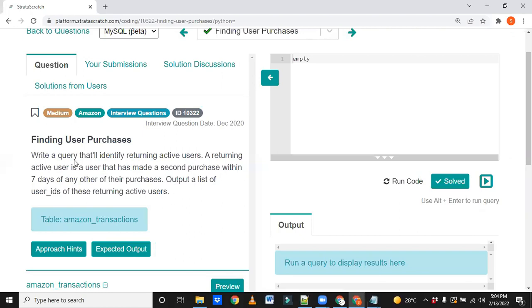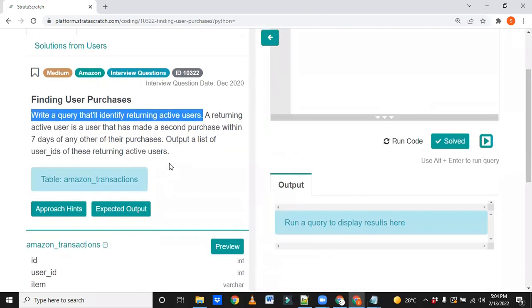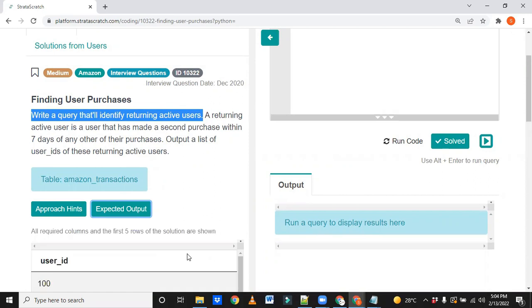Write a query that will identify returning active users. A returning active user is a user that has made a second purchase within 7 days of any other purchase. After reading this problem statement, if you still don't understand, first go to the expected output.